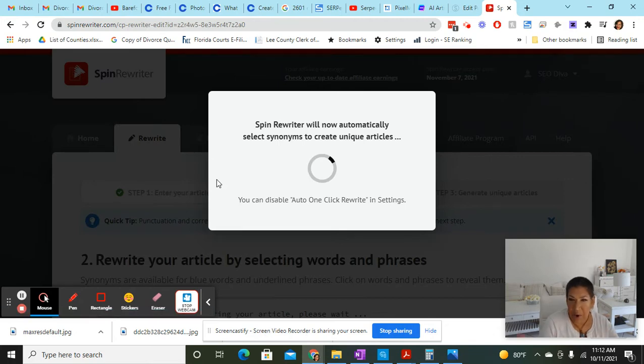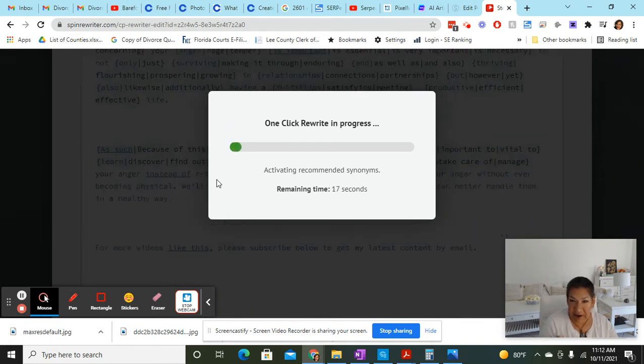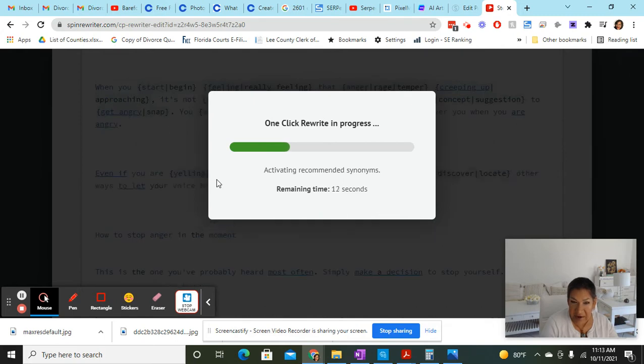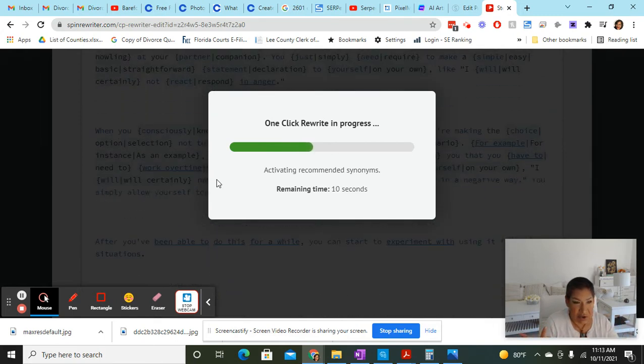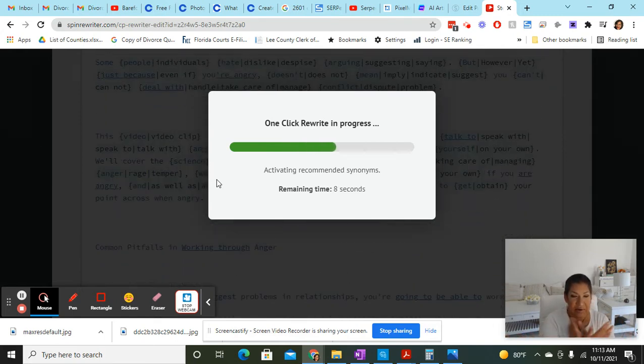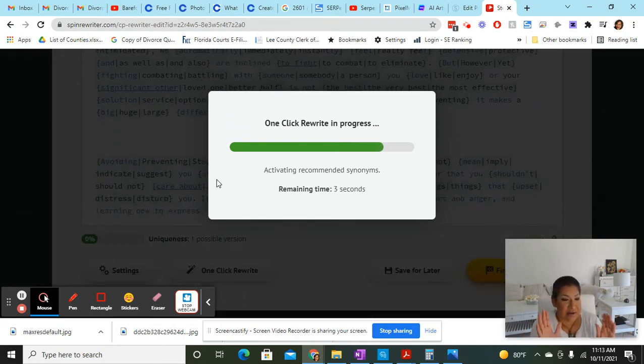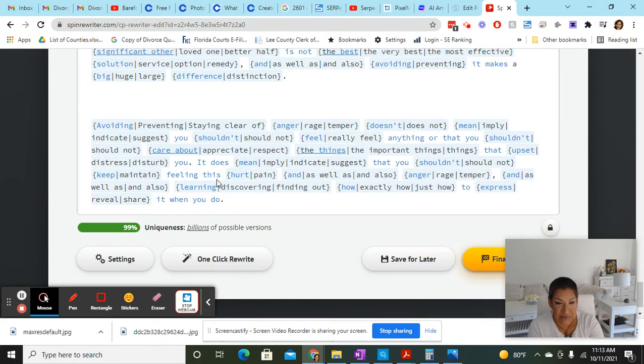even if you use Money Robot or something like that, and you don't want to use the content that they create, you can always go from Writesonic, copy it into SpinRewriter, and SpinRewriter is going to add the code to spin the article. So you can just take this as is now with all the different suggestions. And look, it's going to create billions of possible versions. You can add that to whatever propagating software you have. If it's Money Robot, if it's